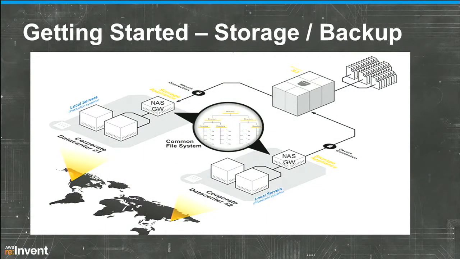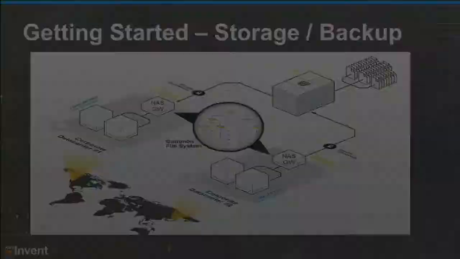Maybe you've got a corporate data center on the west coast of the United States. Maybe you have a corporate data center in Tokyo, but you need a global common file system. We have partners out there that can provide you with gateway appliances that present file systems on the front, but on the back end, they're backed by the AWS cloud. They're backed by our S3 service. And so you get the theoretical unlimited storage, and you get that design for 11 nines of data durability so that you know your data is going to be safe.